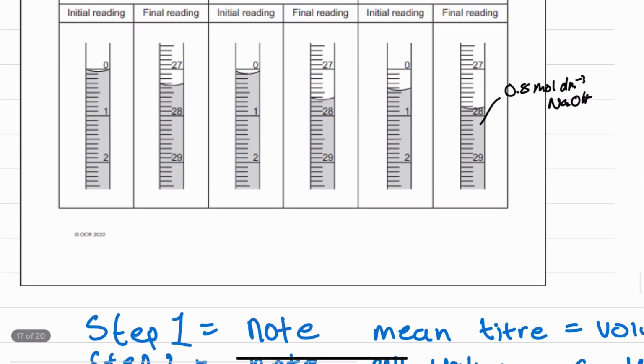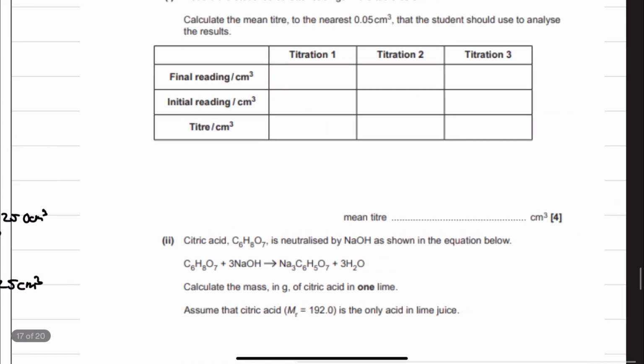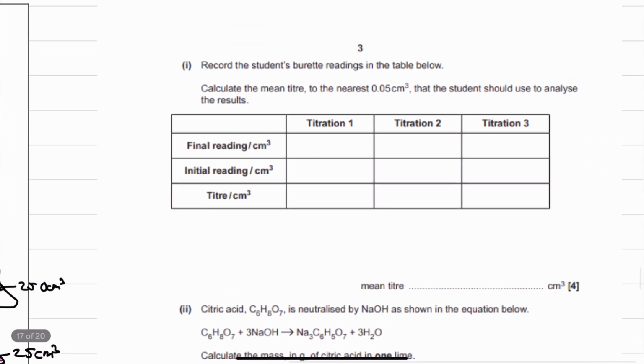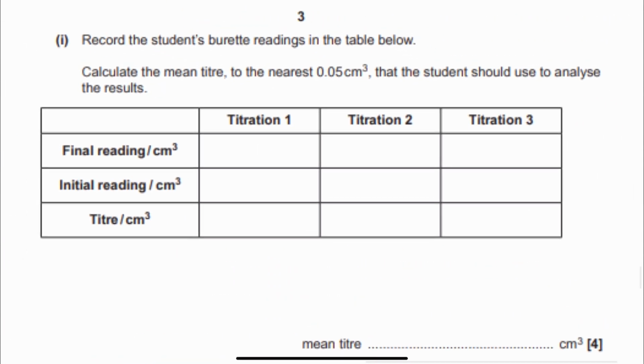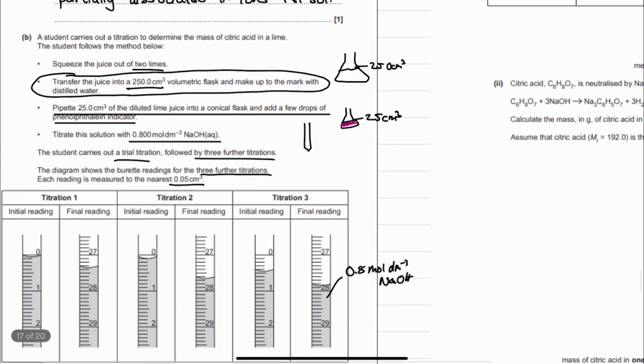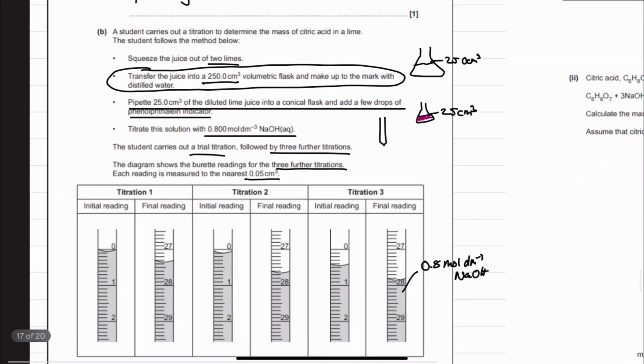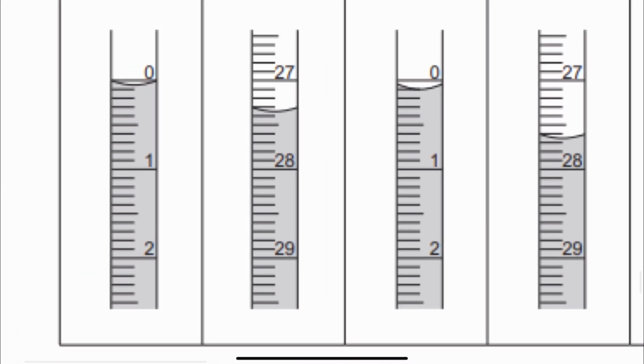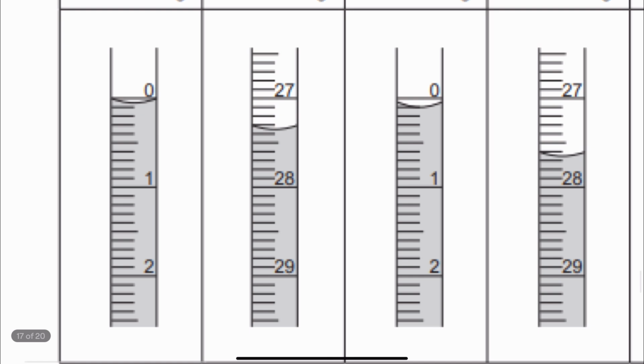Okay, well, let's get on to the questions. Question number 1. Record the student's burette readings in the table below. Calculate the mean titer to the nearest 0.05 centimeters cubed that the student should use to analyze the results. Well, let's go to titration number 1. Titration number 1, we can see, is about